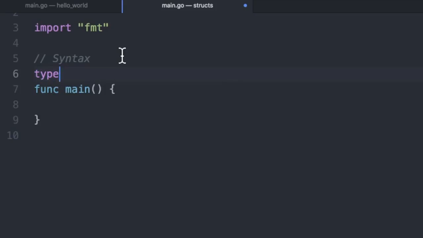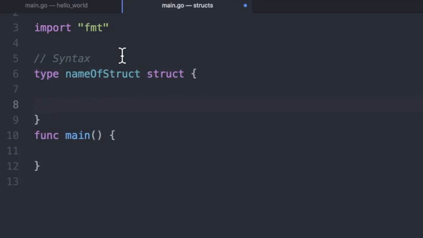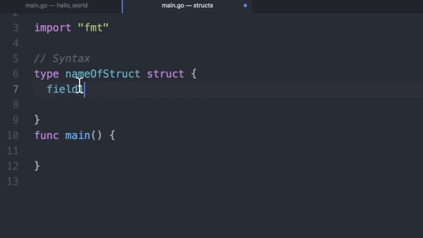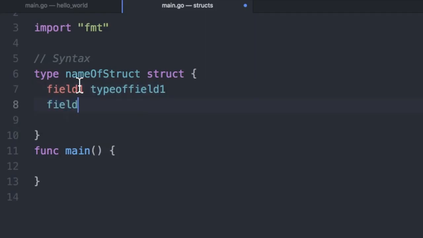It's the keyword type, then the name of the struct, and the keyword struct, then a set of curly braces, and inside these curly braces, you're going to have the fields and the types of fields. So you'll have field 1, type of field 1, field 2, type of field 2,